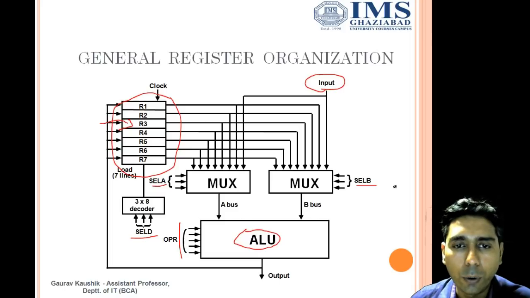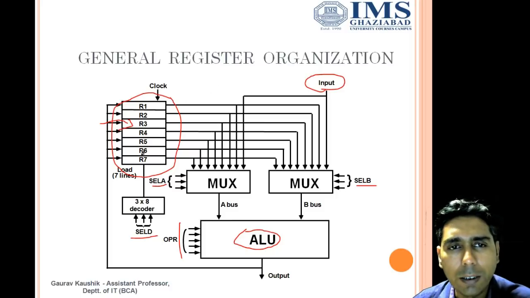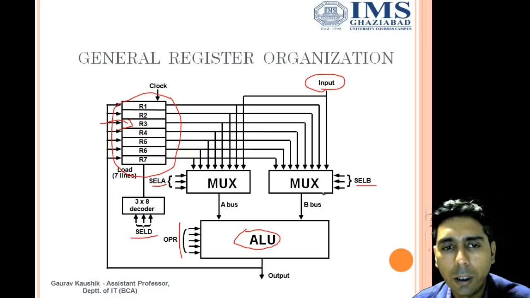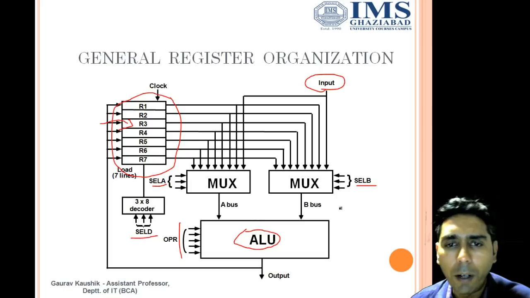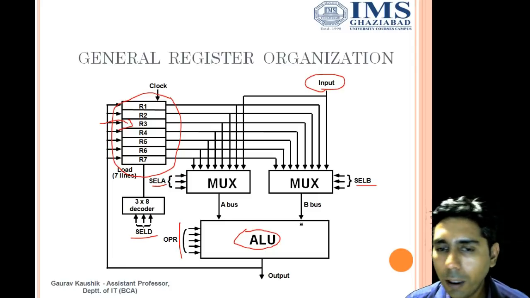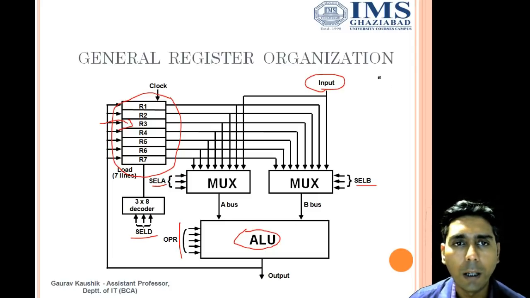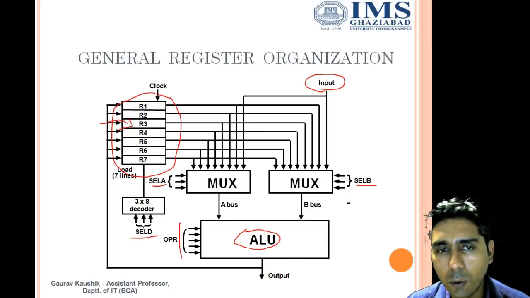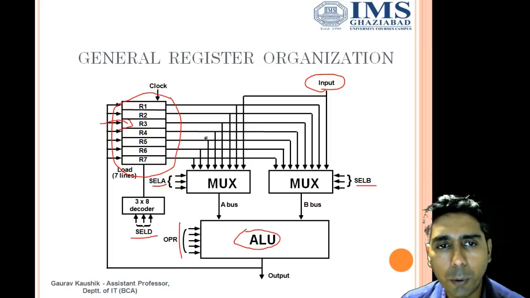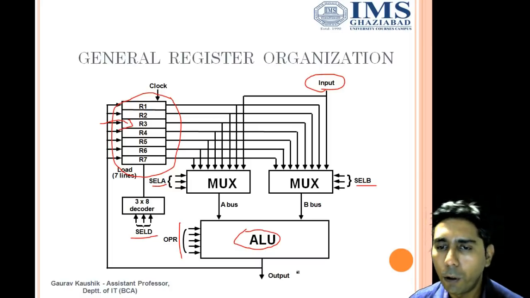Multiplexers again are used to select a certain input from the various inputs like R1, R2, R3, R4. All these registers are connected with the two multiplexers, multiplexer A and multiplexer B. Finally, any one input will be provided to the ALU as an output, and that is done with the help of the control word. So in this way, all the general purpose registers are connected with the ALU and provide the intermediate data to the ALU to perform certain tasks.